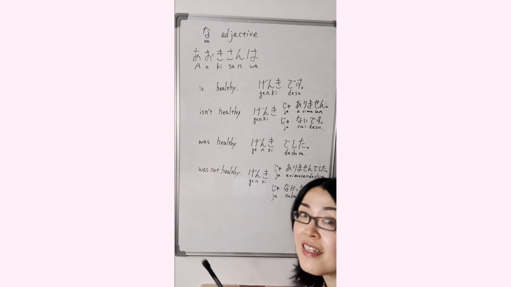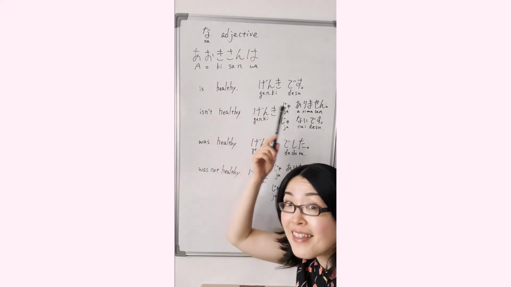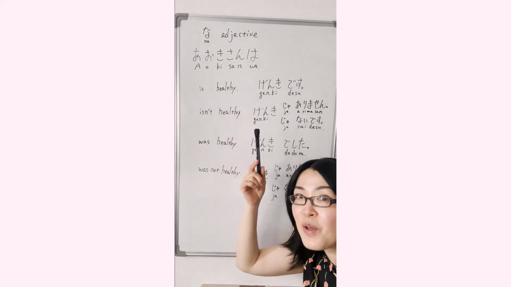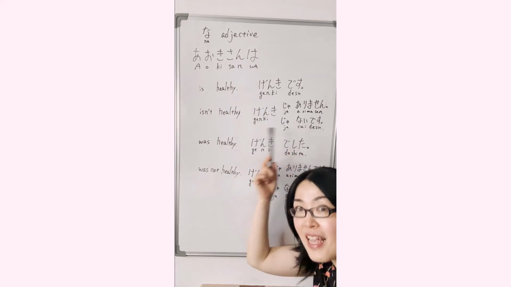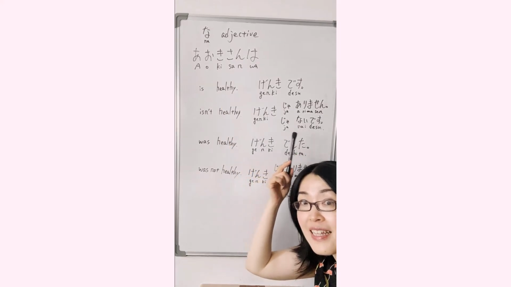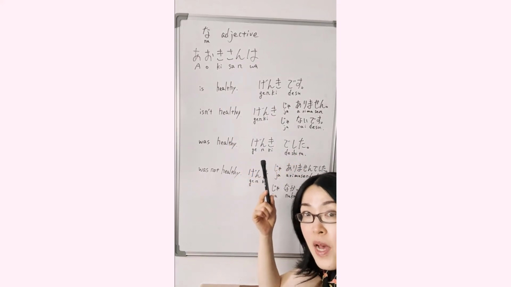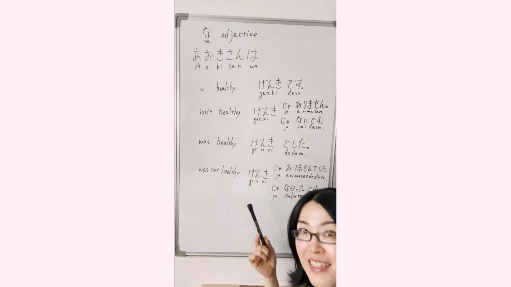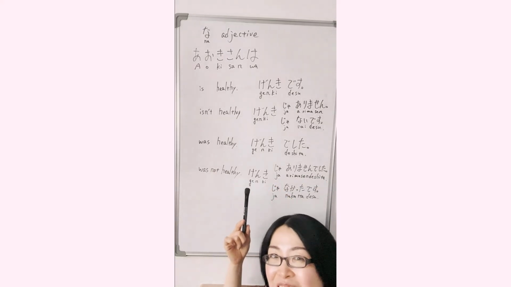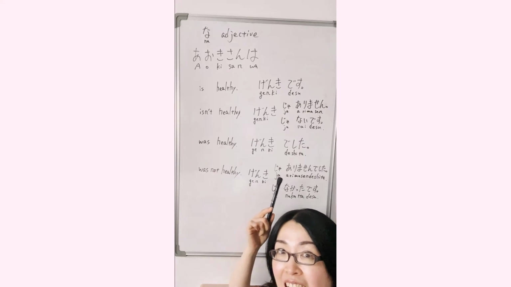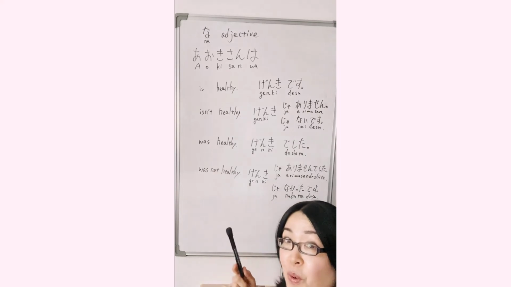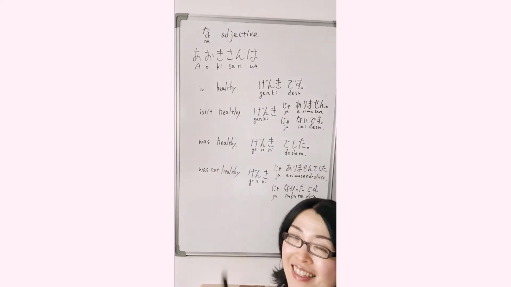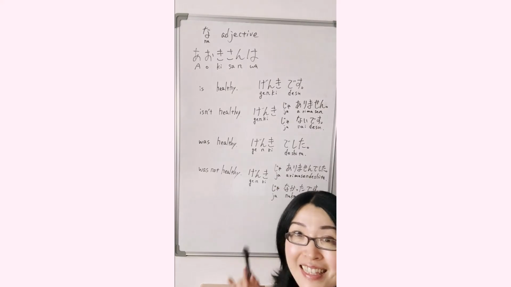Let's read together. 青木さんは元気です。青木さんは元気じゃありません。青木さんは元気じゃないです。青木さんは元気でした。Past tense. And 青木さんは元気じゃありませんでした。Or 元気じゃなかったです。Hope 青木さん is healthy. 青木さん元気です。